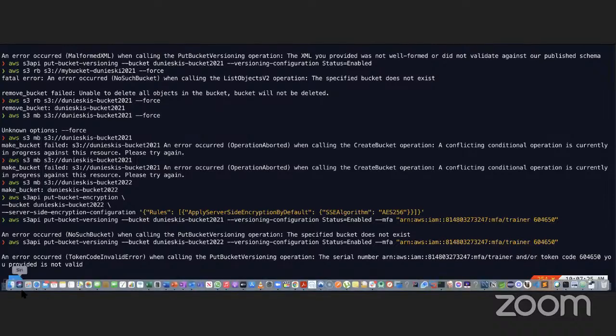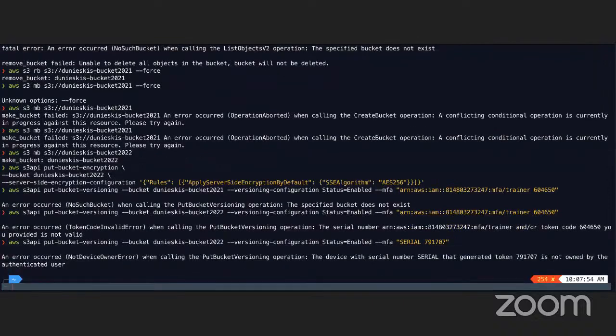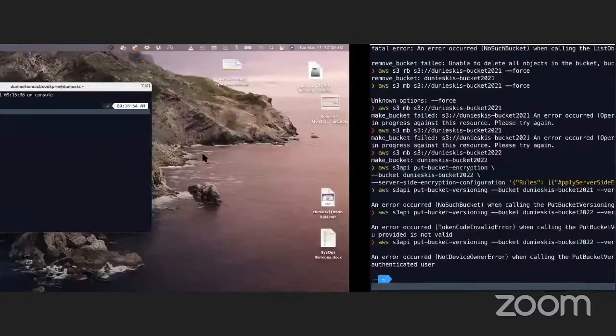Okay, so do I have to say serial and then provide the number? Serial and then 791. If it doesn't work now, guys, I will do it later. Not device owner error when calling the put bucket versioning operation: the device with the serial number that generated that is not owned by the authenticator. Okay, don't worry. I'll see you later and see what happens. So for now, let us keep it that way and let us begin our